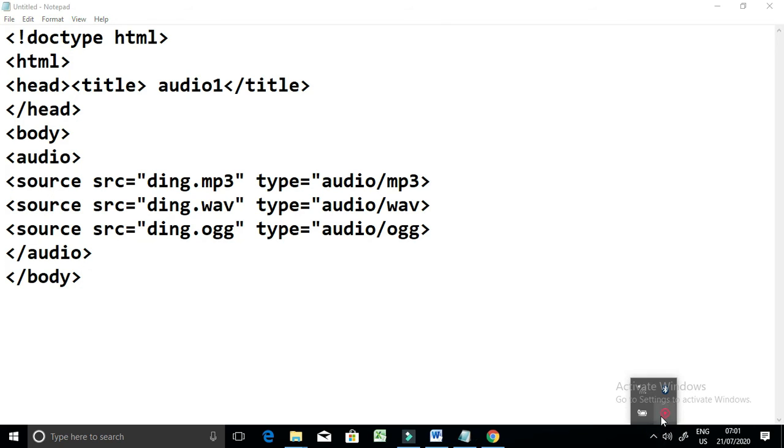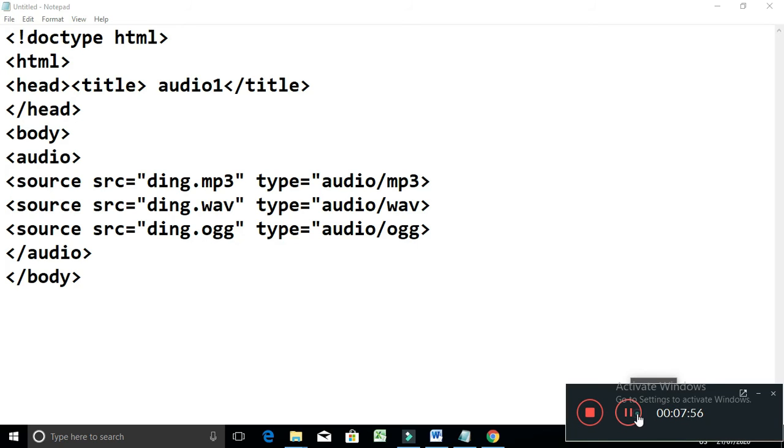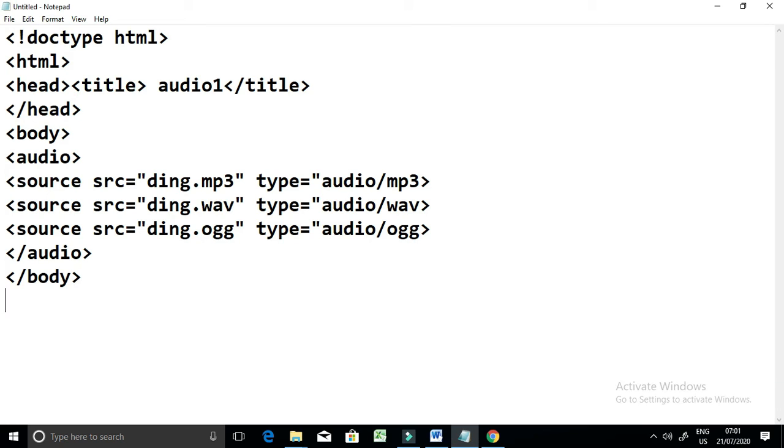Now save this file as audio1.html in the folder.